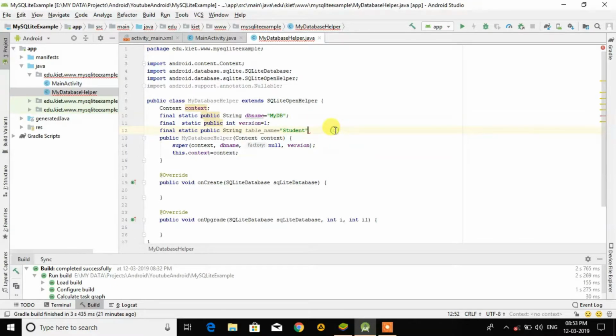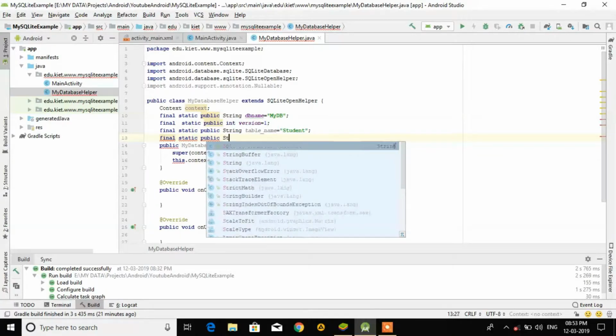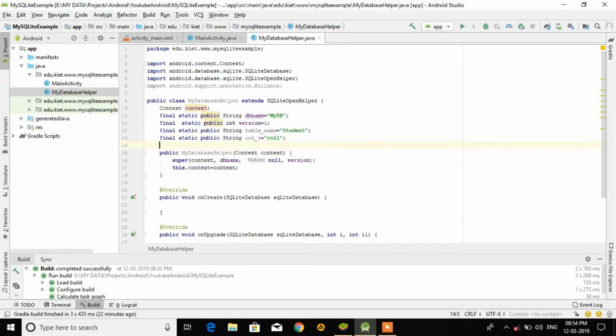Okay, then we are giving here final static public string column name col1 equal to first column, roll number, then second column is